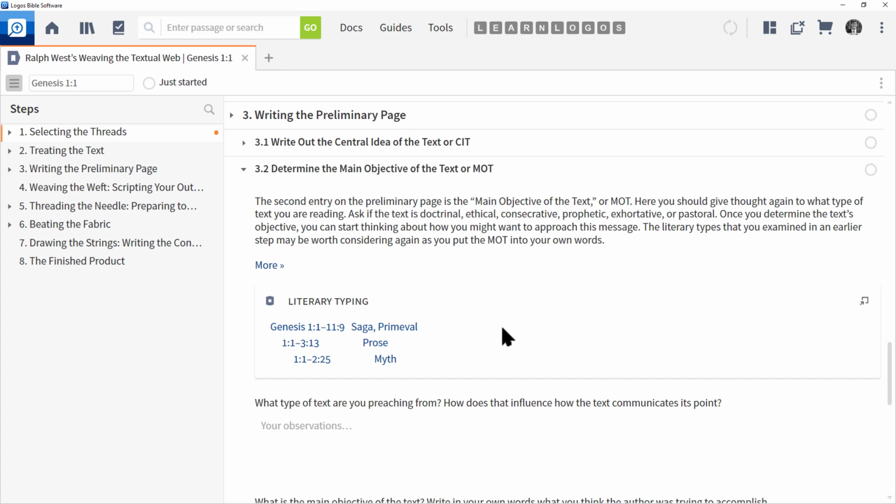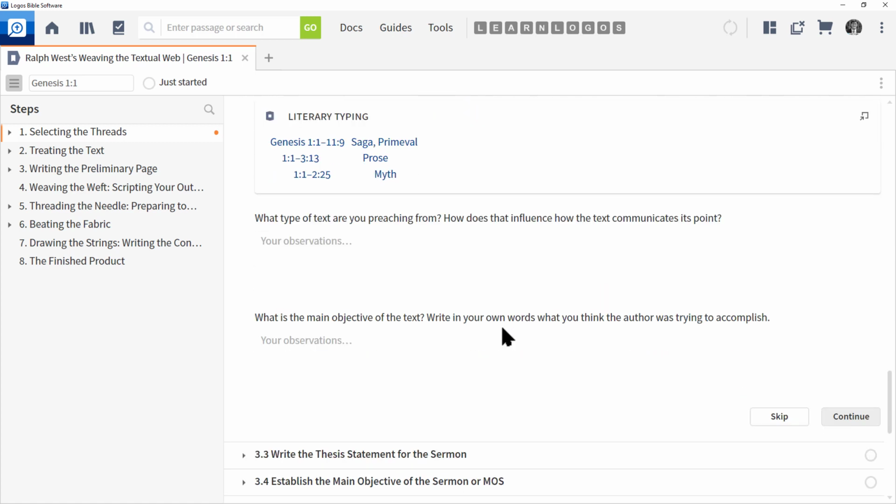Once you determine the text objective, you can start thinking about how you might want to approach the message. The literary types that you examine in an earlier step may be worth considering again. So when he talks about the main objective, he's saying this in a very general sense. What is the purpose of the text? If it's a historical narrative, clearly the purpose of the text is to relay some history. Now, that's from a very general standpoint, but look at the questions